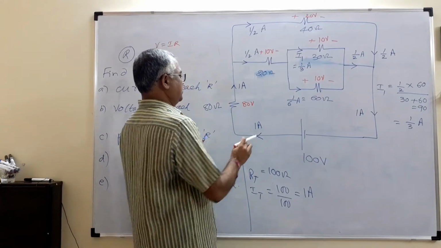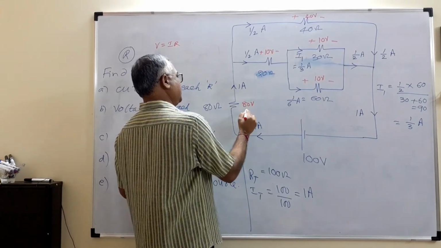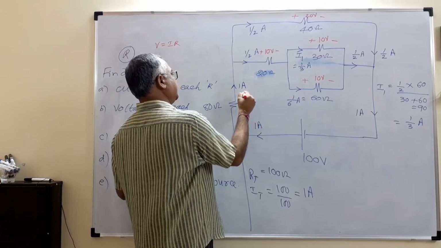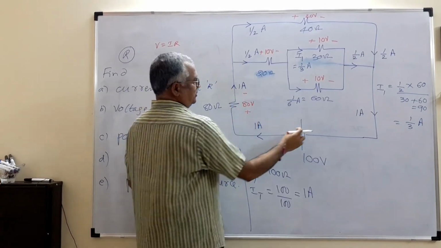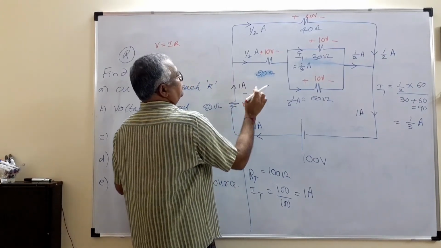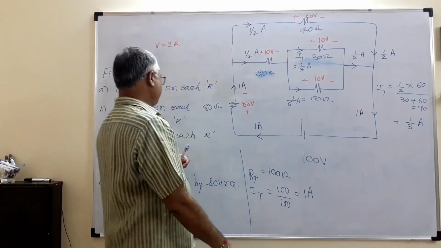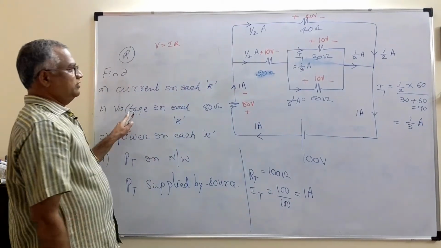As I said in the first class, wherever current is entering the resistor, there you take positive, and the other side negative. Here negative to positive, here current will be positive to negative. So all these voltage plus and minus signs you have to show compulsorily. Like that you can find voltage.